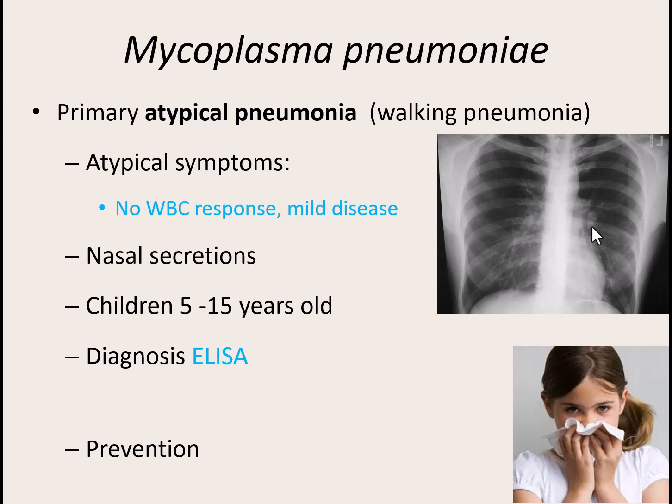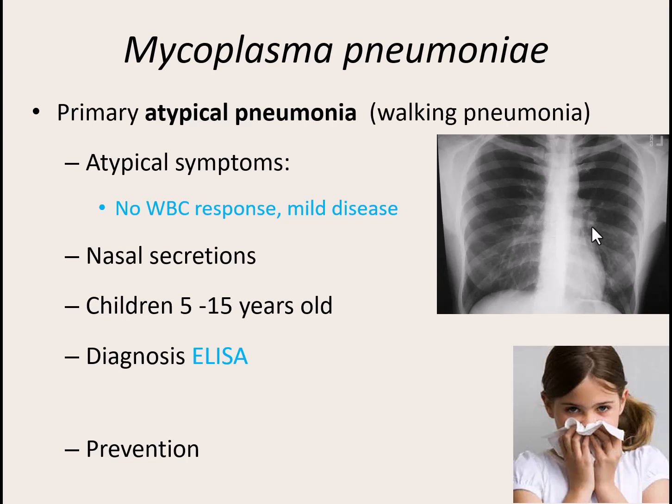To diagnose, we usually use an ELISA. That is the fastest way. If we tried to grow it out, it would take forever. They're really slow to grow and they just require various growth factors. Instead of just throwing it on a blood agar plate for 24 hours in the incubator, it might take 2 to 6 weeks for it to finally grow up enough in a lab to even identify it. So we now just do ELISAs looking specifically for the antigens. Easiest way to not get it, good hygiene, is washing hands, especially after blowing your nose.